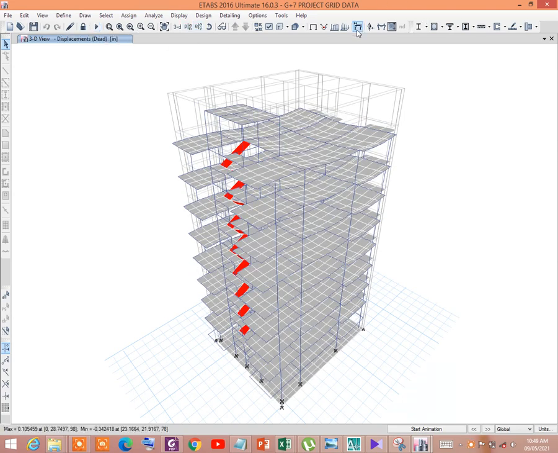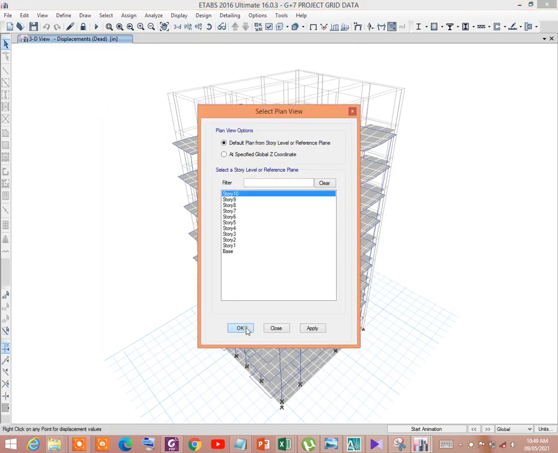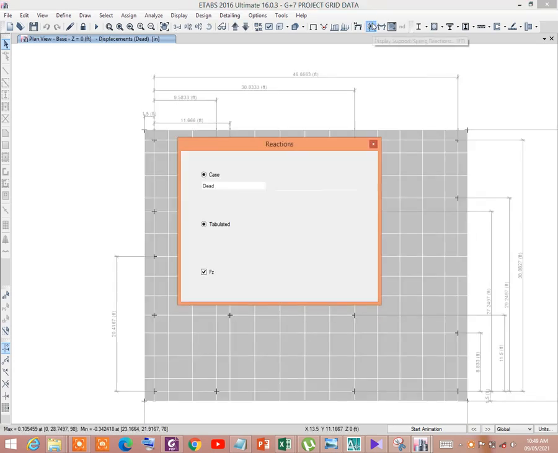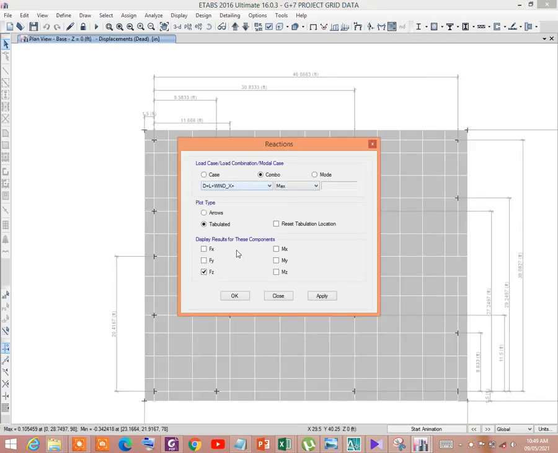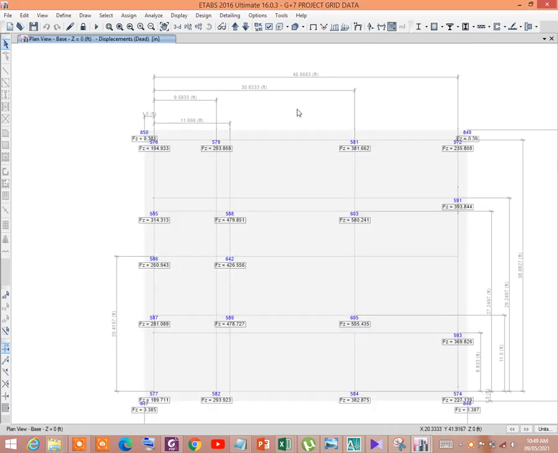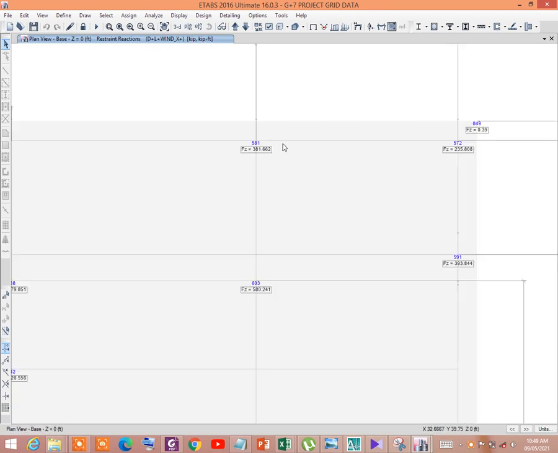Let us go to base reactions. Let us consider this one for explanation.